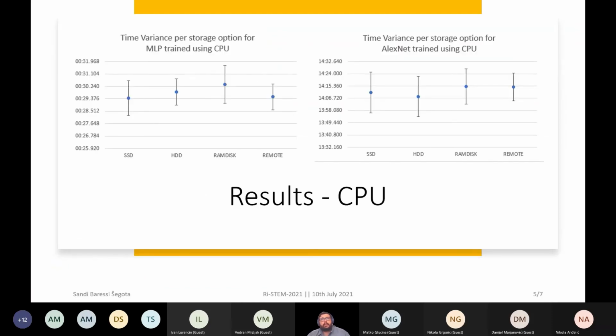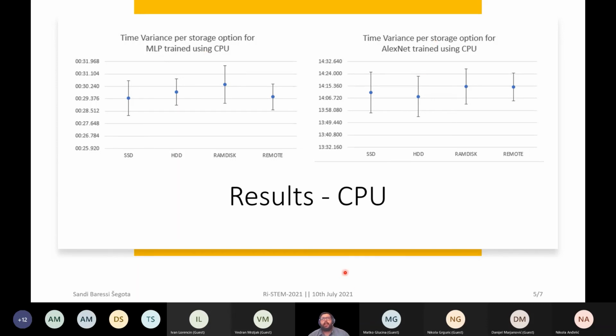So after the algorithm is measured, you can see here the results for multilayer perceptron and AlexNet when trained on the CPU. The first thing that we can note is that the execution times for the AlexNet, when using a CPU architecture, are extremely higher than the multilayer perceptron, which uses numerical data as opposed to